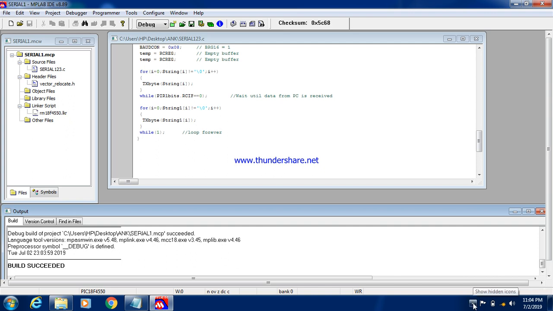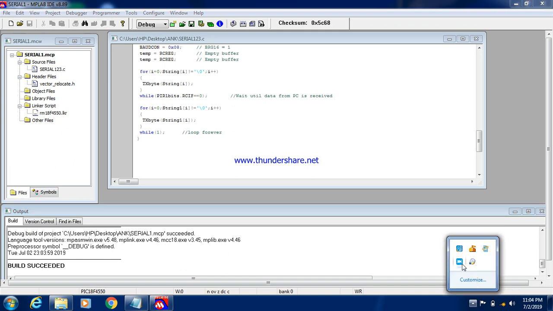I think I have covered most of the aspects. The only remaining part is that whatever hex file we have created, you have to burn on your microcontroller kit and connect the DB9 connector to the microcontroller kit, and you can serially transmit and receive the data. For serial transmission and reception of data, you can open the HyperTerminal of your computer and you can see the serial transmitted data on it.